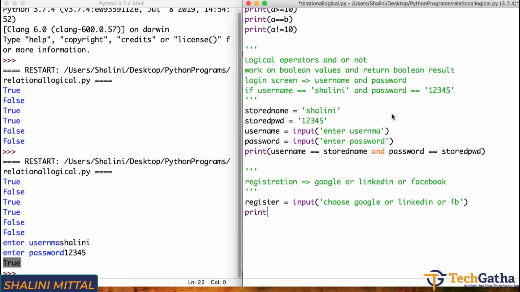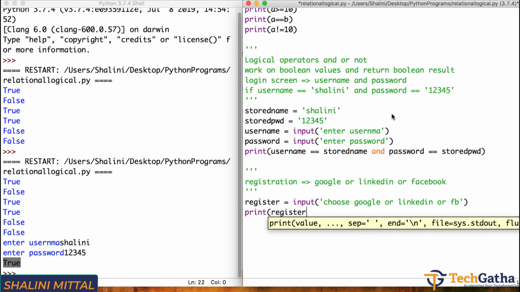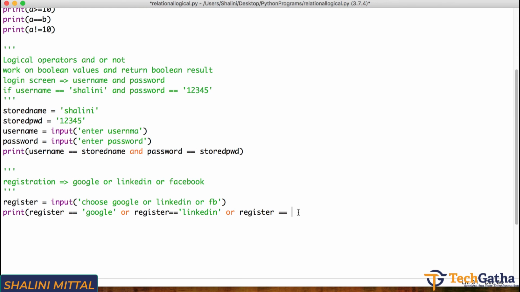So I will be saying print, register is equal to Google or register is equal to LinkedIn or register is equal to Facebook. So if either one is true, the result should be true.